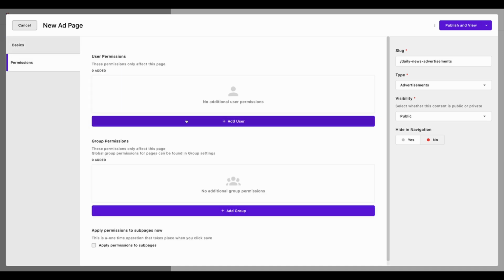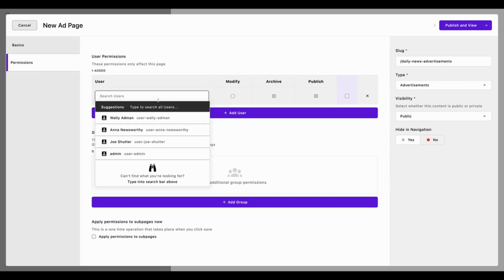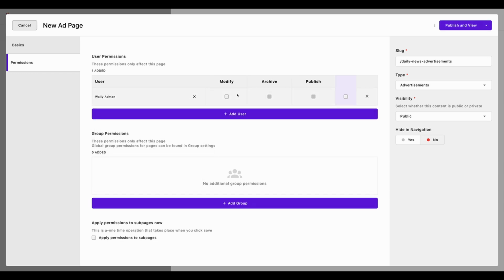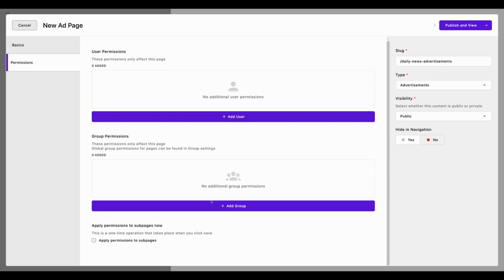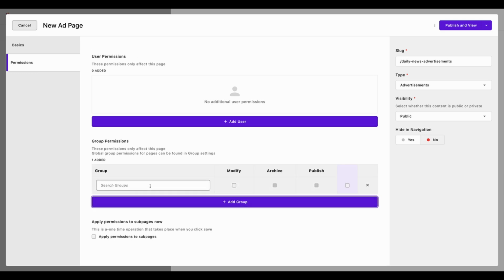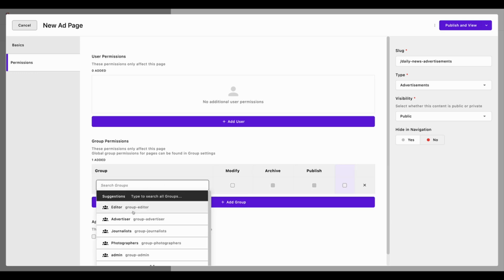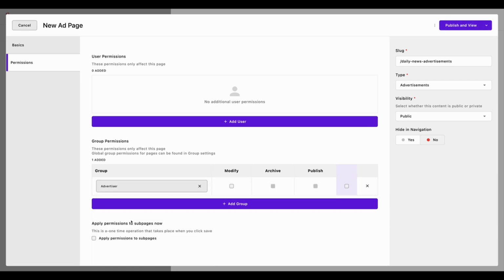So this tab now allows us to say, okay, we want Wally to be able to modify, archive, publish this page. We want Wally to be able to do things with this page. But that's probably not what we want. What instead we want is we want all advertisers to be able to go ahead and modify and archive and